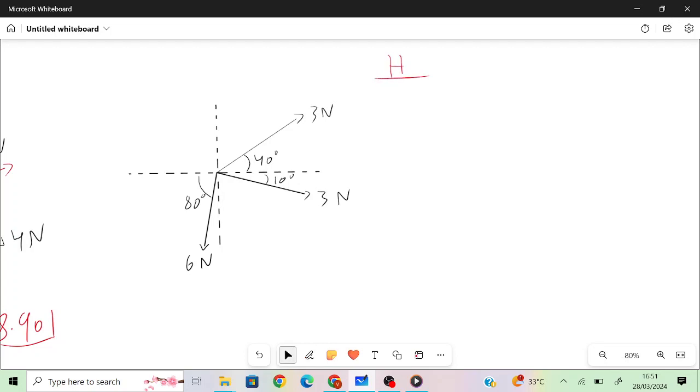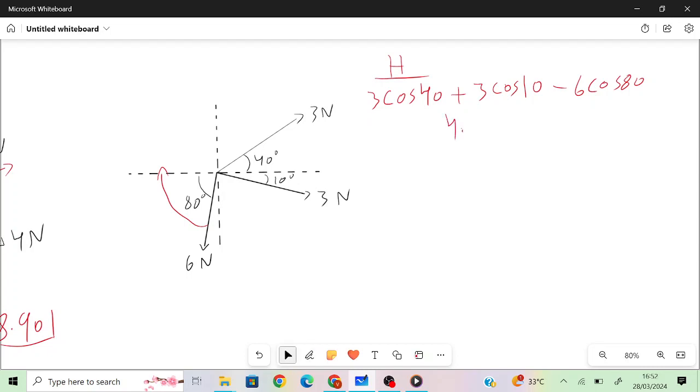Resolving to the horizontal, I would begin with 3 cos 40 plus 3 cos 10, and then this one over here is going to be closed this way, so eventually it's going in the left direction, which is minus, so minus 6 cos 80. So put that all in the calculator: 3 cos 40 plus 3 cos 10 minus 6 cos 80 gives me